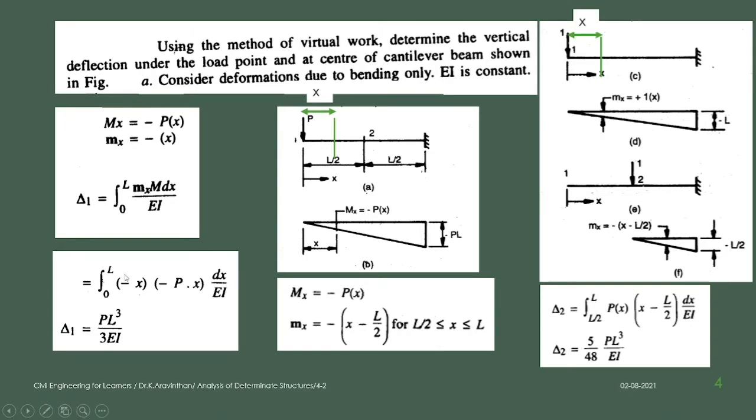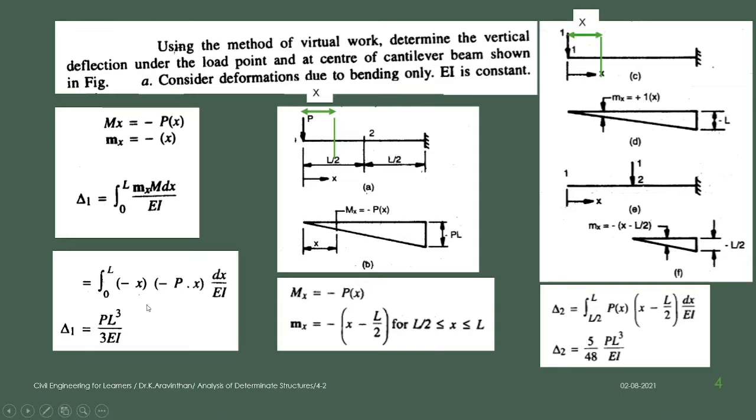Why it is written minus here is that the bending here is in the anti-clockwise direction. So both the bendings are anti-clockwise, or otherwise, in a cantilever beam you will be having a hogging bending moment. Hence you can take the moment as a negative moment, and if you multiply that, after multiplying you will be getting Px square. If you integrate, Px cube divided by 3, and if you apply the upper limit and lower limit, PL cube by 3.